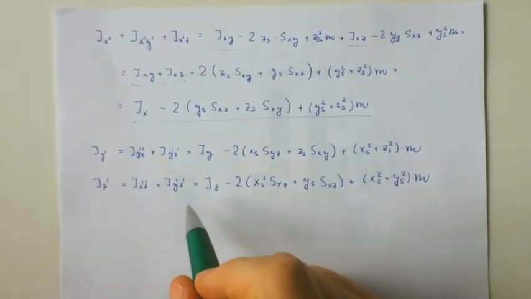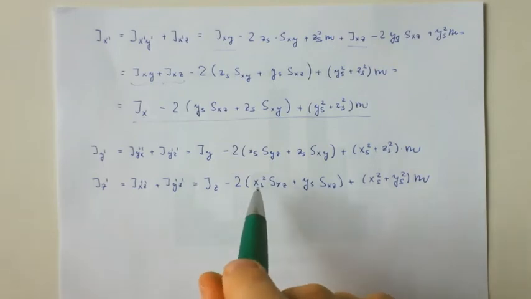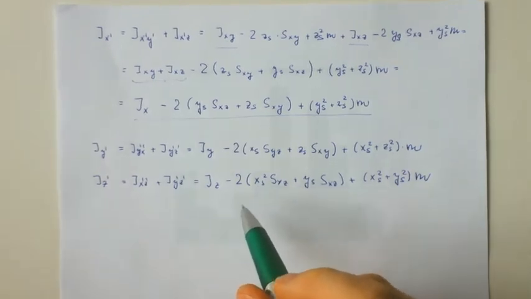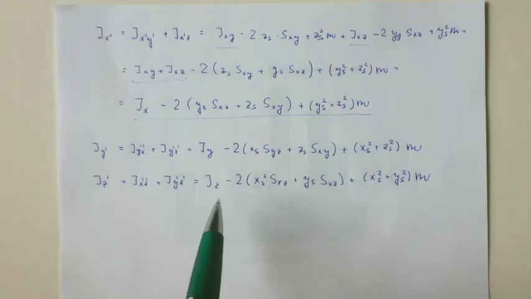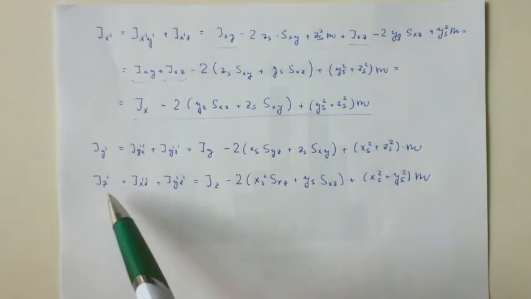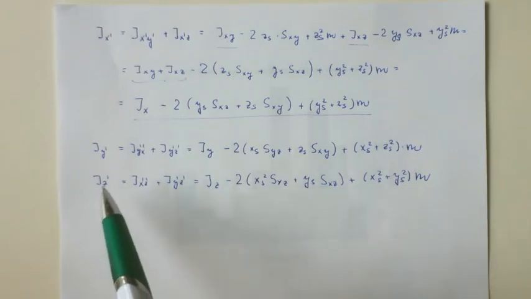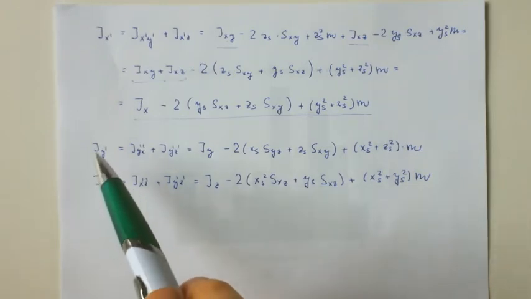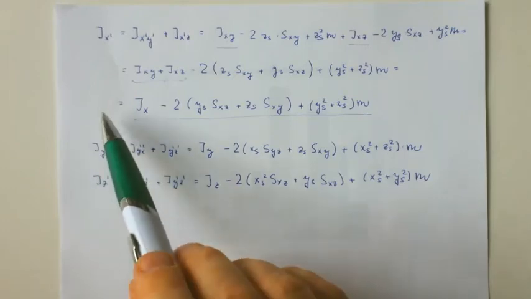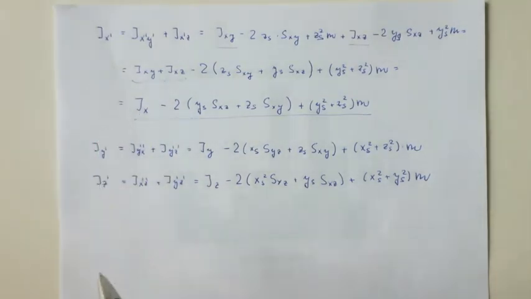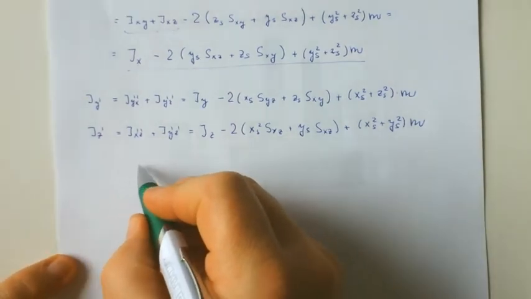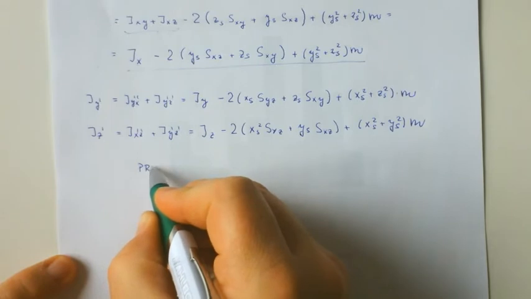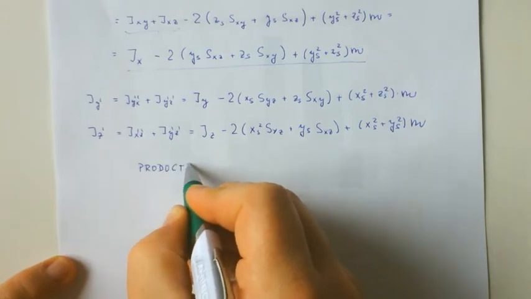So you can see it's not so easy, but it's possible to do it. If you have the mass characteristics for the old system, you can calculate in some given way the new values of moments of inertia for the new coordinate system. And if we consider products of inertia,